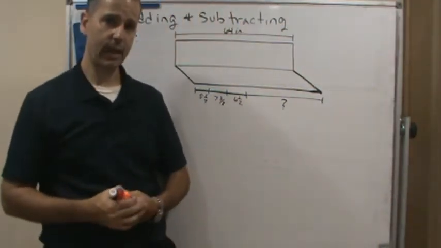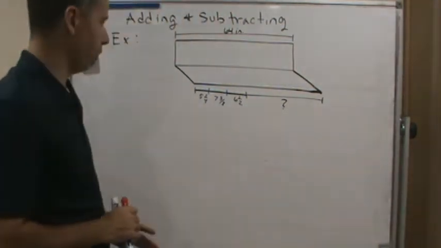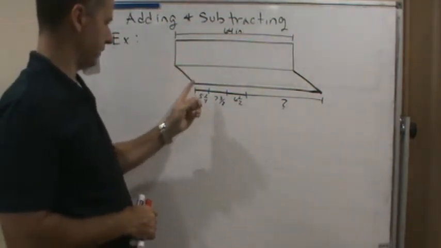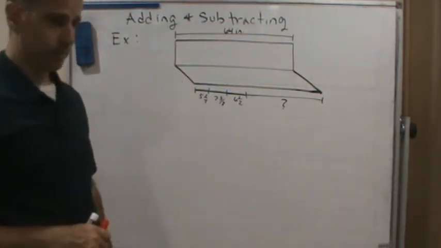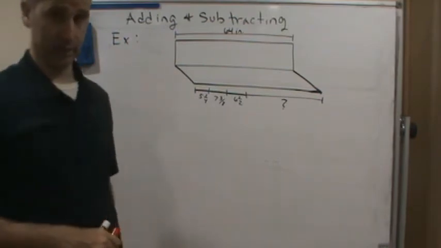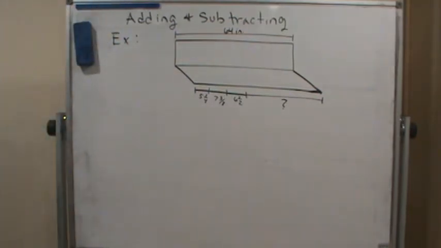Okay, now in this example here, we've got a board. So we've got a board that is at an angle. So it's like a corner piece of a board. And so what we want to do, and I'm going to read it to you, it says three lengths measuring